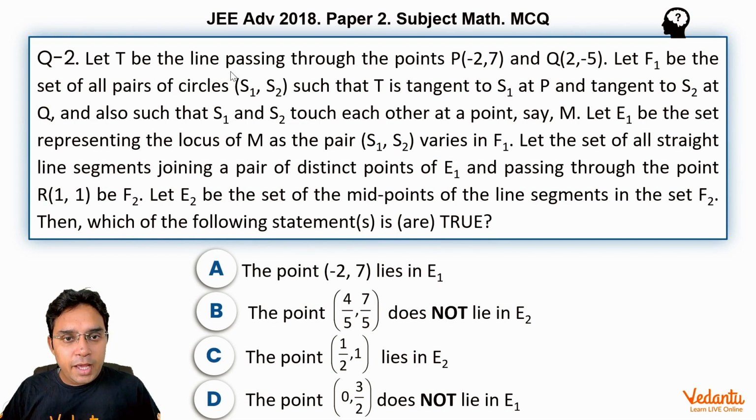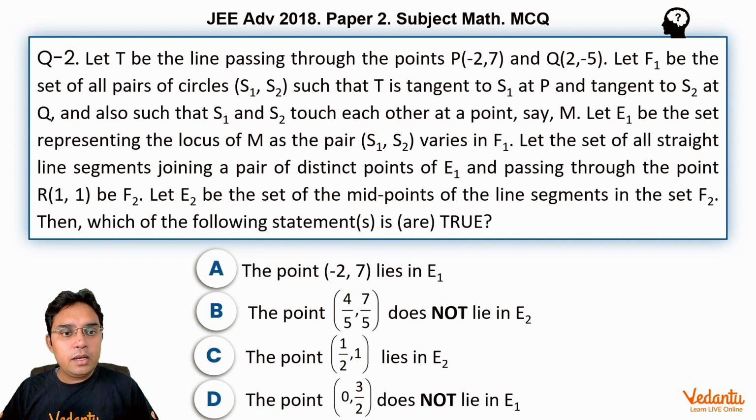Let T be the line passing through points P (-2, 7) and Q (2, -5). Let F1 be the set of all pairs of circles S1, S2 such that T is tangent to S1 at P and tangent to S2 at Q, and also such that S1 and S2 touch each other at a point say M. Let E1 be the set representing the locus of M as the pair S1, S2 varies in F1. Let the set of all straight line segments joining a pair of distinct points of E1 and passing through